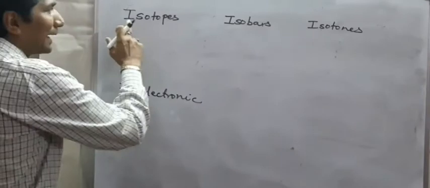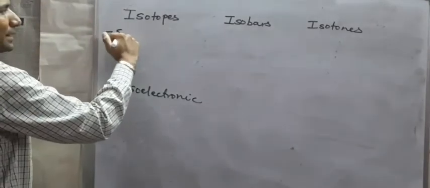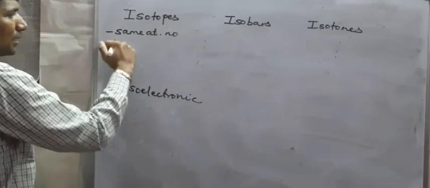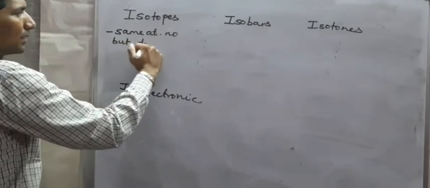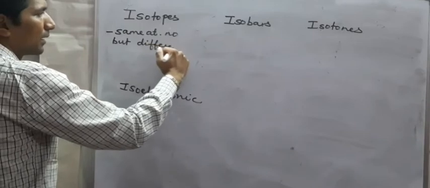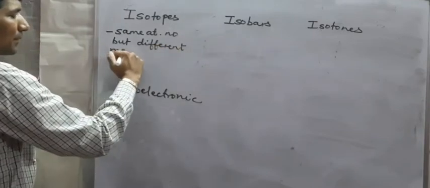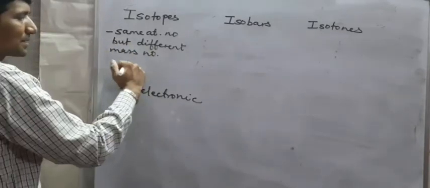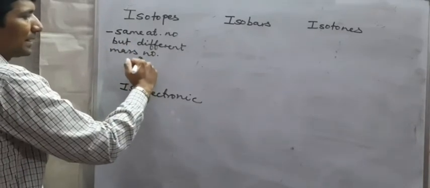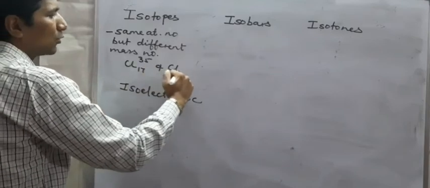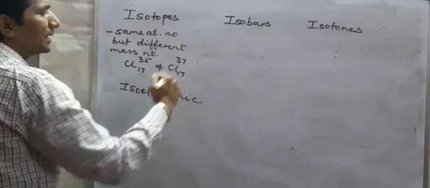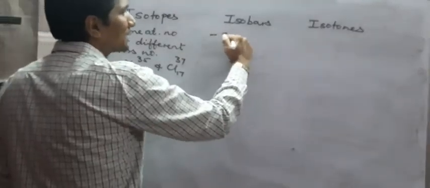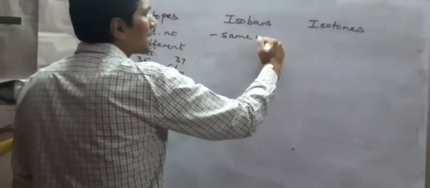Okay. In isotopes, it is same atomic number but different mass number. Okay. So the best example for this is chlorine. So chlorine 17 35 and chlorine 17 37. In isobars, it is the same mass number